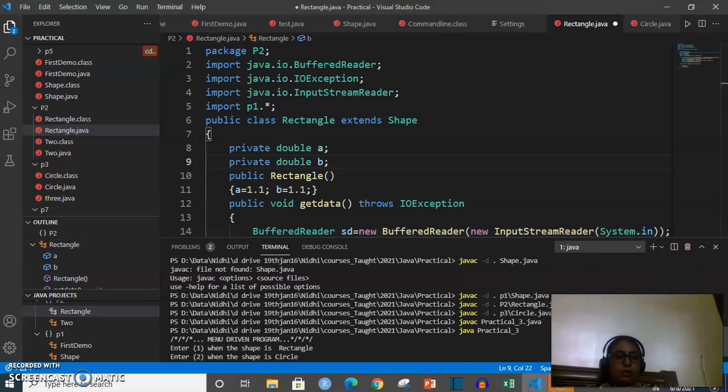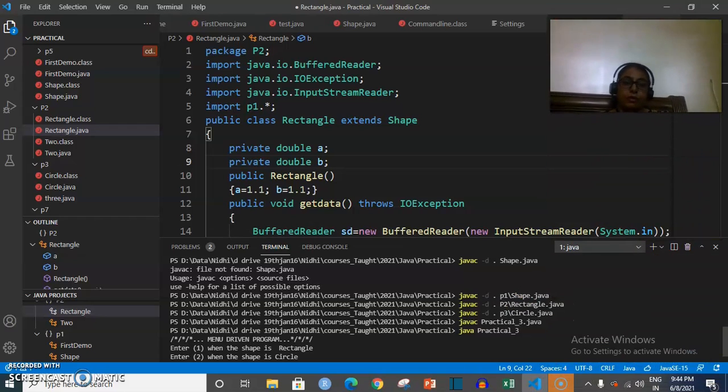Now there is another way that I want to show you. If in any case you have put your programs in different packages, P1 contains shape.java, P2 contains your rectangle.java, and P3 contains your circle.java, and there is an independent file which is in no package.